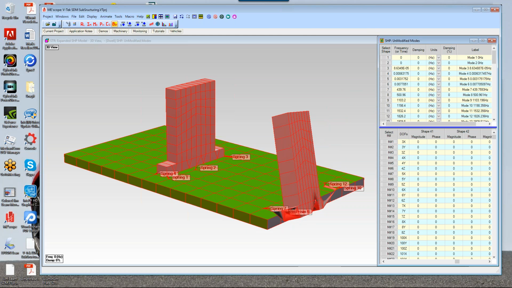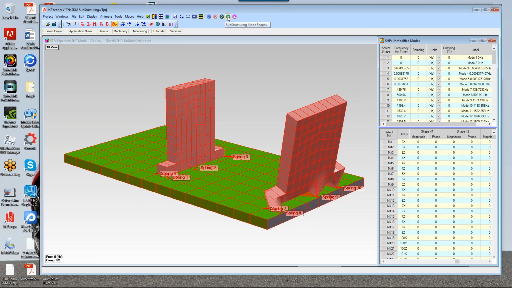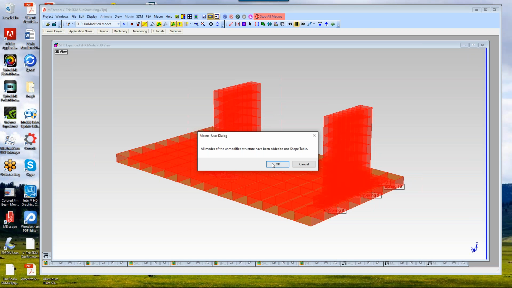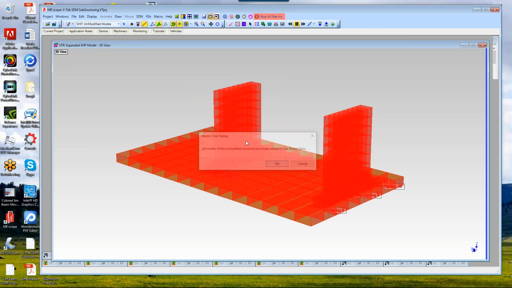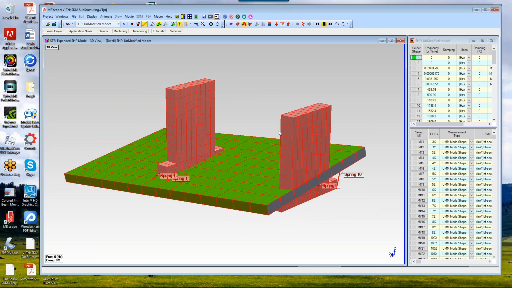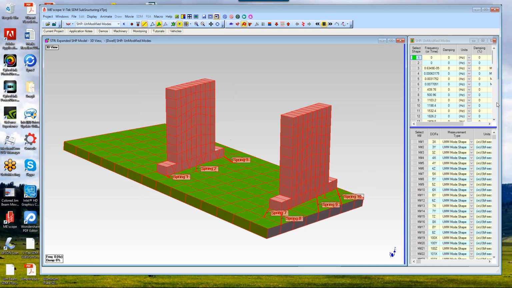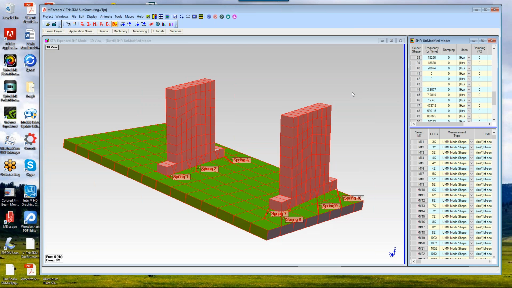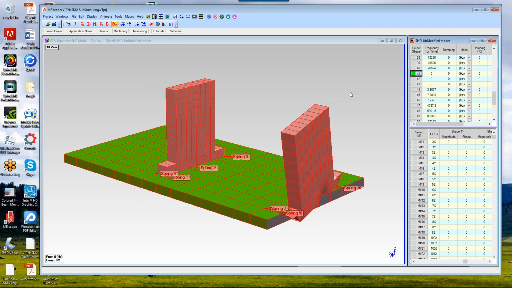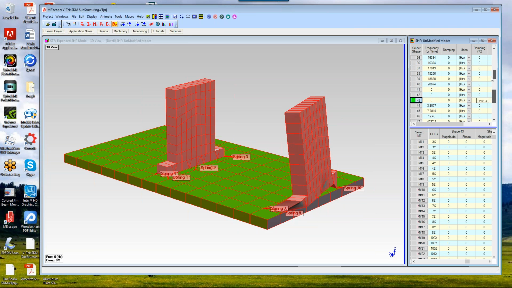Let's try that again. I'm going to go back and press this hotkey again and see what happens. Well, we got pretty much the same thing. Let's go down here and look at one of these bearing block modes. All right, well, that picture doesn't look quite the way I wanted it to, but let's just go on and